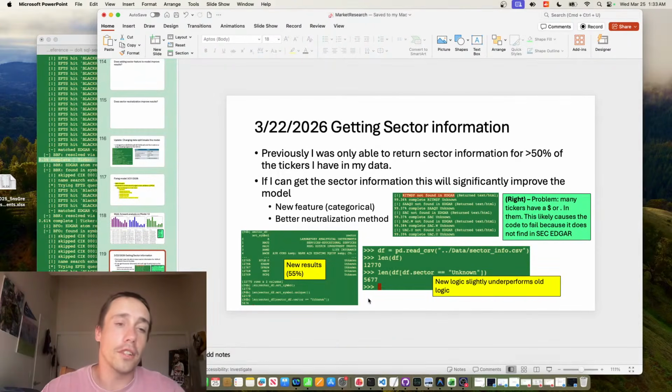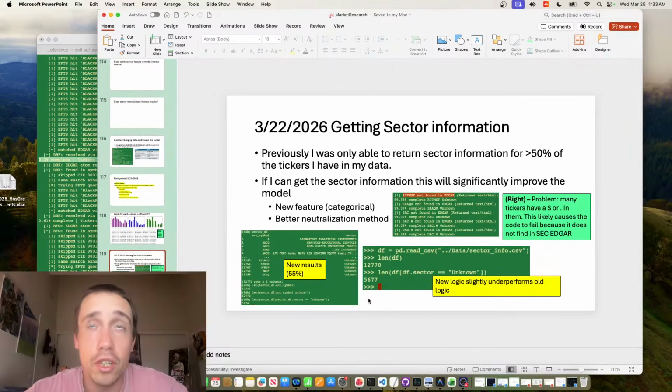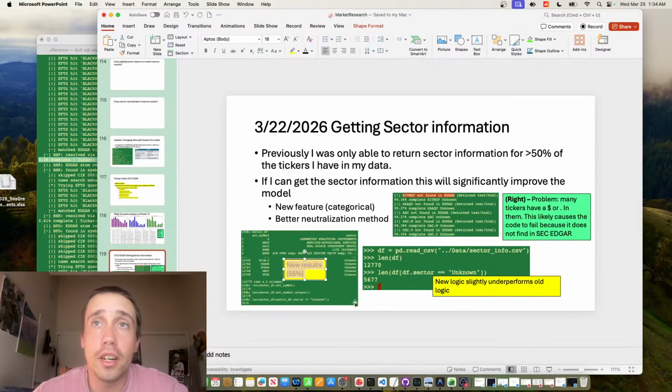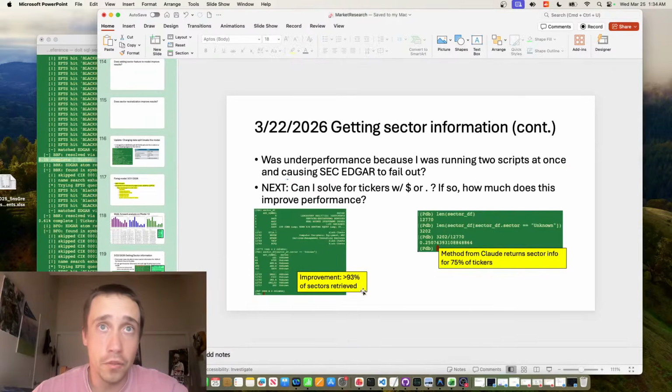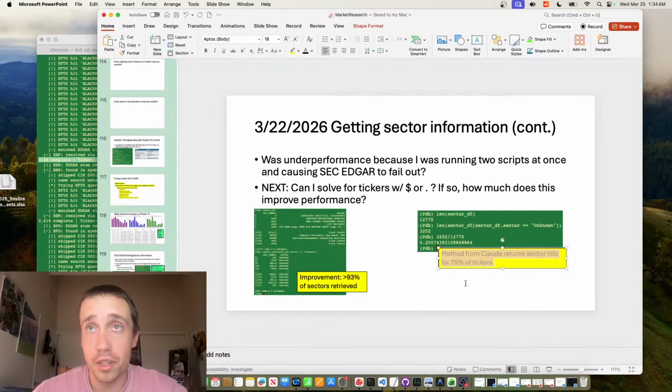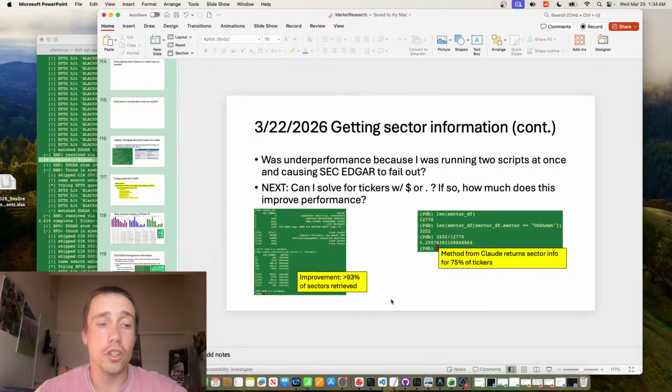And if you don't get it for tickers that have been delisted and just drop those out of your database, you're going to have a real problem with survivorship bias, and your model's not going to be as good as it seems on the testing when I go to paper trading. So I need to get the sector for every single ticker that I have. So the first iteration, I was only getting 55% of the sectors. I improved it to get 75% of the sectors. Improved it again to get 93% of the sectors, and last night I improved it to get 97% of the sectors.